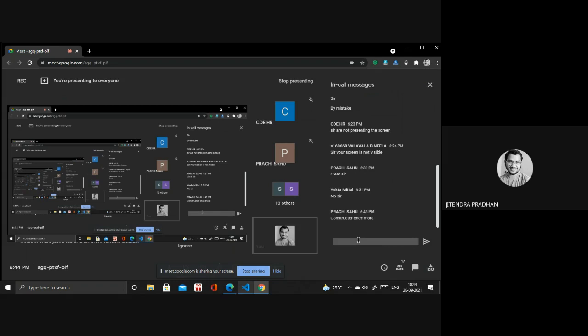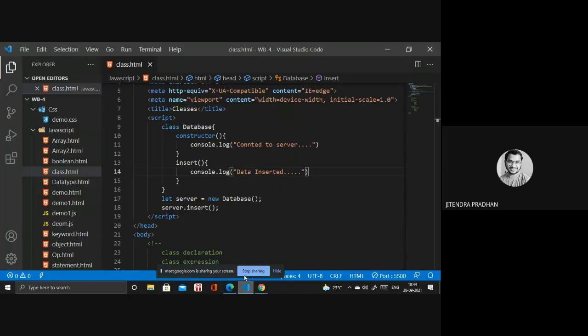Constructor, one more time. Basically, a constructor is a special type of subroutine that we use to create an object. We don't write any particular name for the constructor, because if you declare a class you need to write the class name.